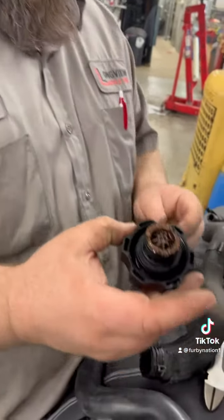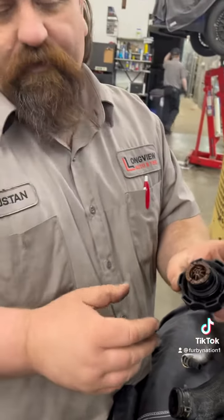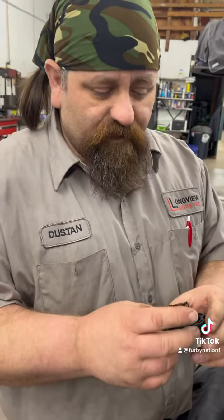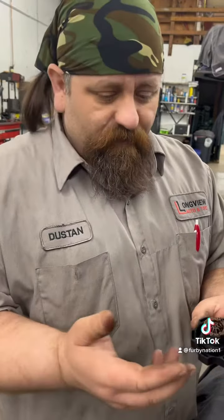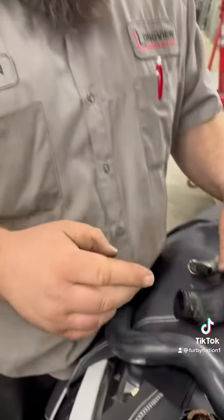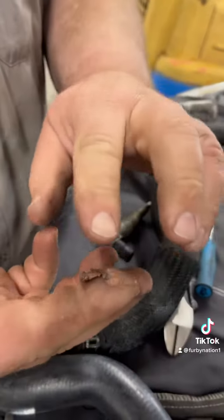That's the radiator cap. That stuff looks like a melted penny. I call it stop flow. Yeah, they call it stop leak. Unless you're sitting alongside the road and it's a life or death situation, don't put the stuff in. You can see it on my finger. I can scoop it out of the hose. That nice slimy stuff there